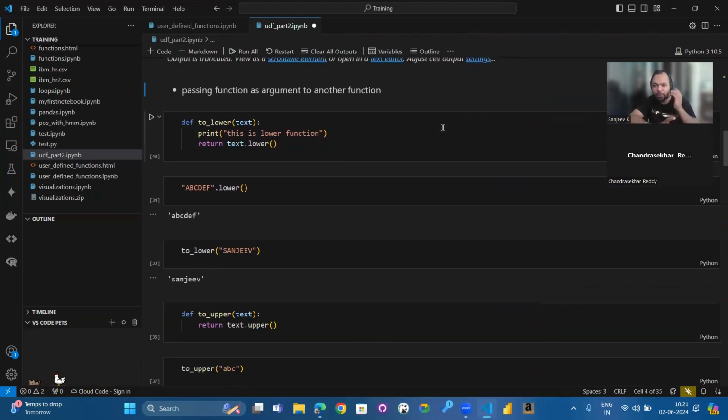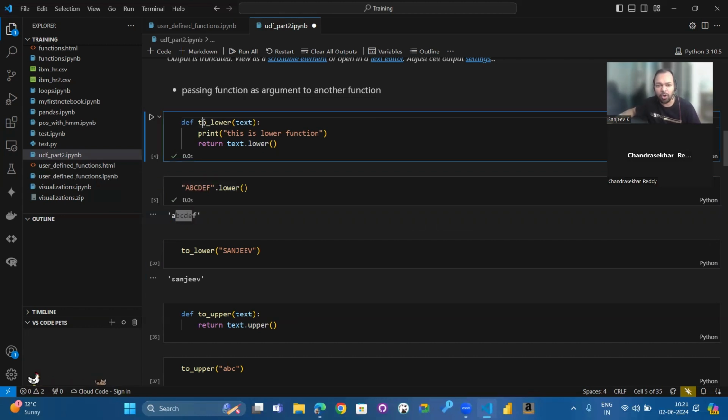Before telling you about decorators, I want to tell you some more about functions. There is one feature in functions which we did not discuss. Say I have one function here, to_lower, to which I'm sending one argument. I'm calling one more function to convert that argument to lowercase. This is a string, and I'm converting it to lower by calling this function. If you send any uppercase values to dot lower, it will convert to lowercase.